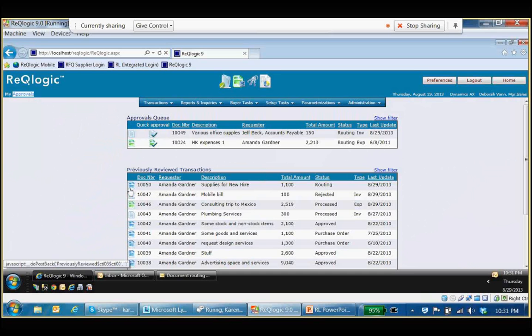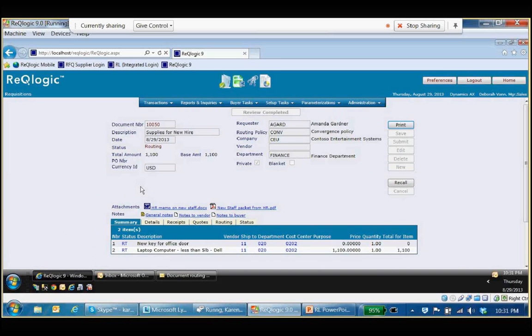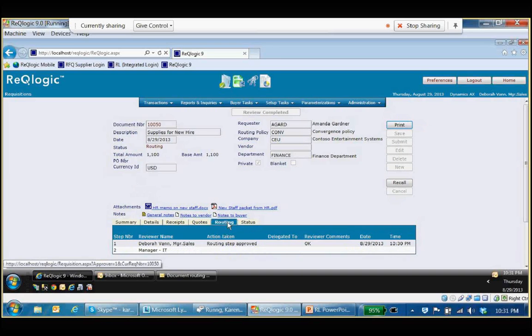Now, one of the things I forgot to do, so let me go back and show you that. I happen to know through the routing tab, as the end user, I could have found out where this transaction was going to go to. And you'll notice that there's step 1 and step 2. So I'm taking a step back. I should have looked at this probably before we submitted it, but we can also use this to see where the transaction is, how it got there, who else it's going to go to, and where it is at this